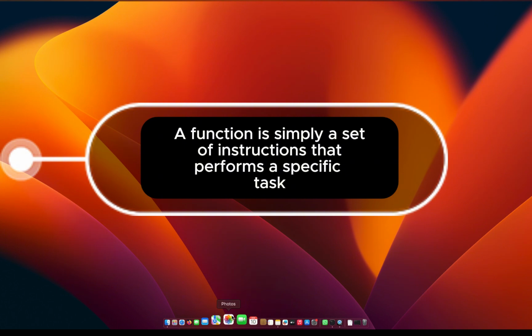Functions help us reduce repetition by allowing us to reuse code. For instance, if you want to print a greeting 10 times, you wouldn't need to write the same code 10 times again. Instead, you call the greeting function 10 times. Functions make our code cleaner, shorter, and easier to understand. So let's jump into